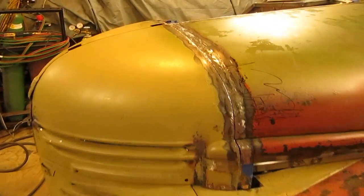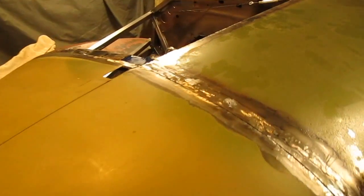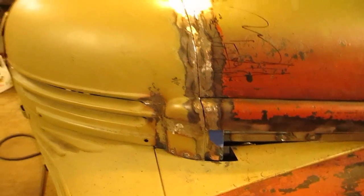So I'm continuing to work on the hood on the 46 Dodge, and I did a lot of welding on this edge right here, and I just kept working on it and filing it with a machine file until I got that thing to be pretty close. There might be a little bit more work to do, but I think I need to body